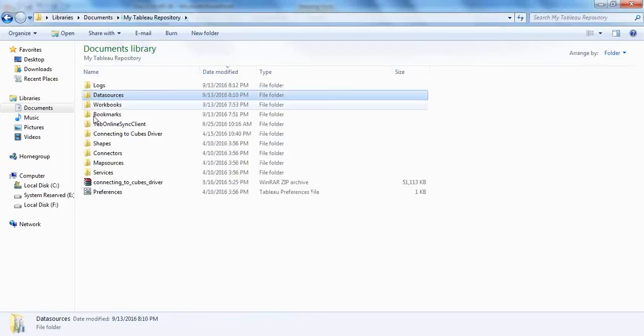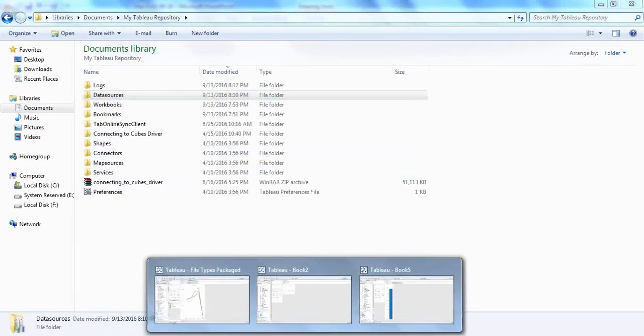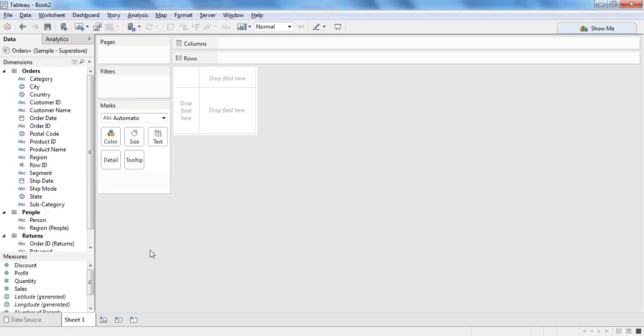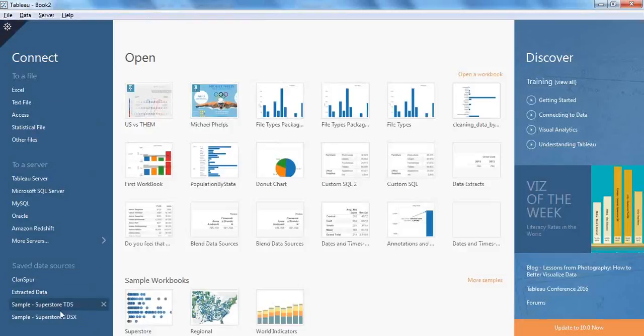Here I can see the file type extension and I can tell. But normally, I don't see much difference in usage. Both are ultimately the same kind of files. See, if I go back and open this one, the extracted data,